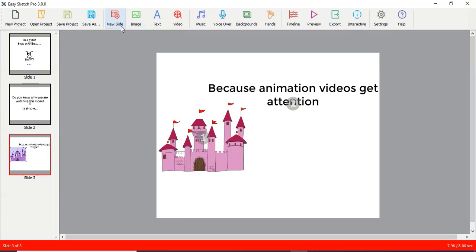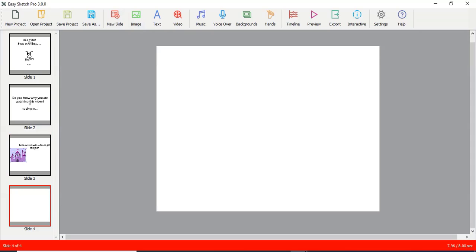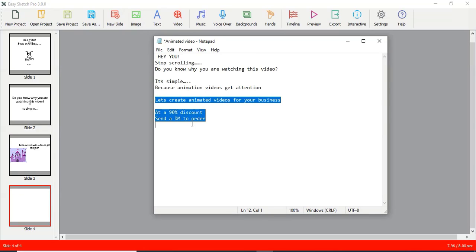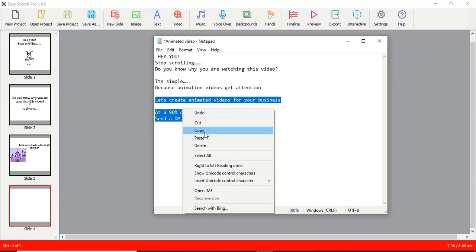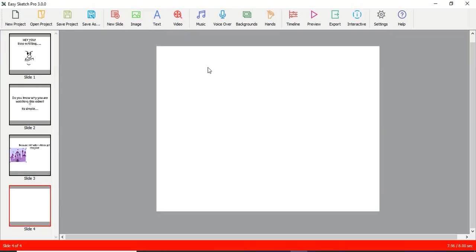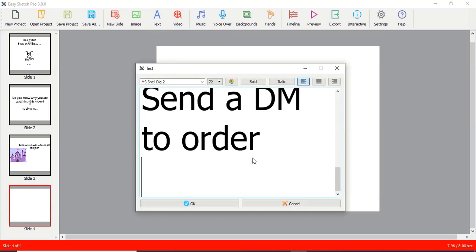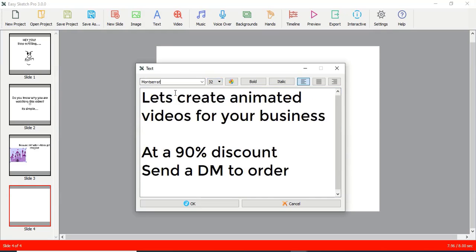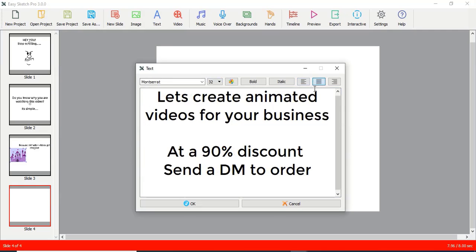So I'm gonna add a new slide, and then this time around I'm gonna copy what is left, copy, and then I'm gonna paste it. I'm gonna click on text, I'm gonna paste it. I'm gonna reduce the font size, I'm gonna change that, I'm gonna center that,